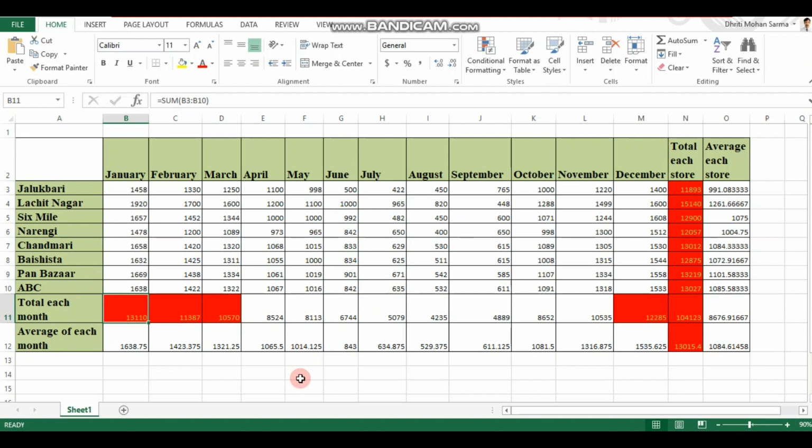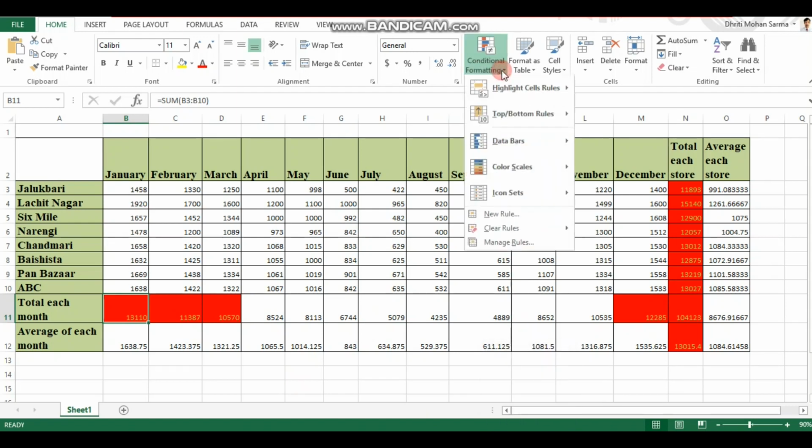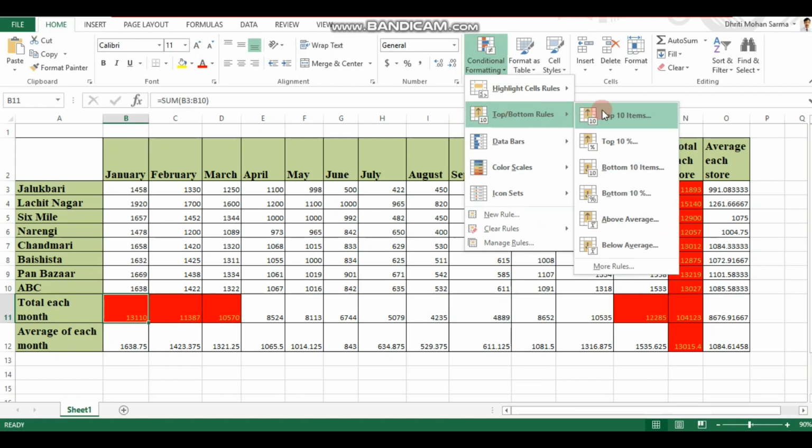So for the same type of data 14 cells are marked. Obviously that is the 10% of the entire data. Similarly for bottom 10 and bottom 10% we can see the difference. We have to be very careful about what type of information or visualization we want from the data. If it is exactly 10 figures, we should go for top 10. But if we want a visualization of the top 10% of the entire data, then we go for top 10%, and the same for bottom 10 and bottom 10%.